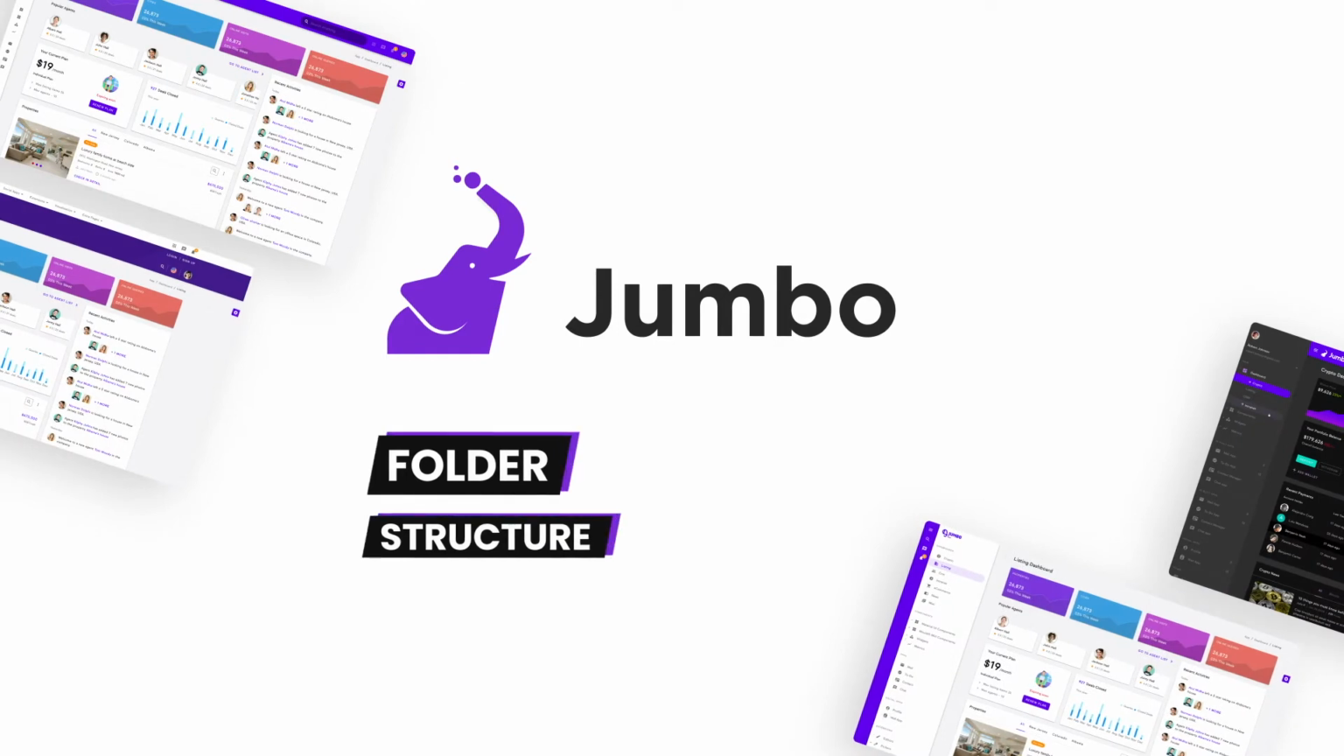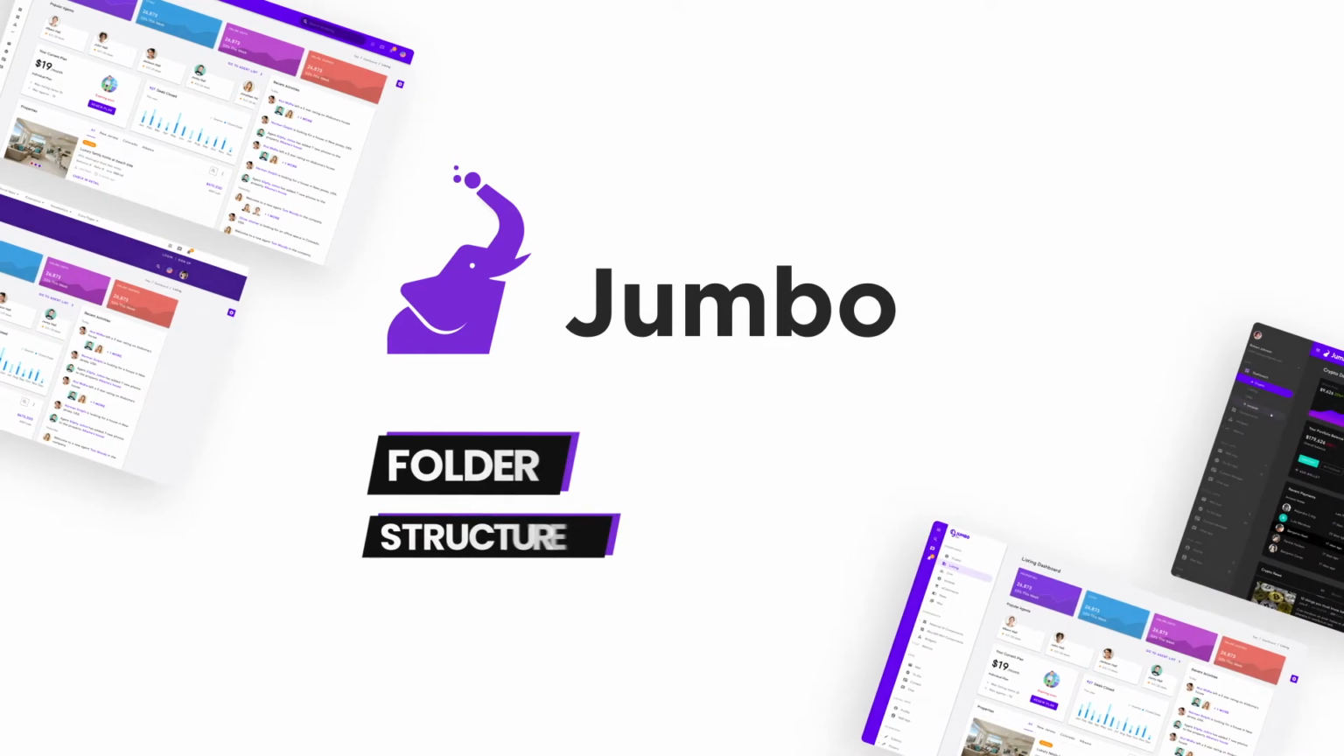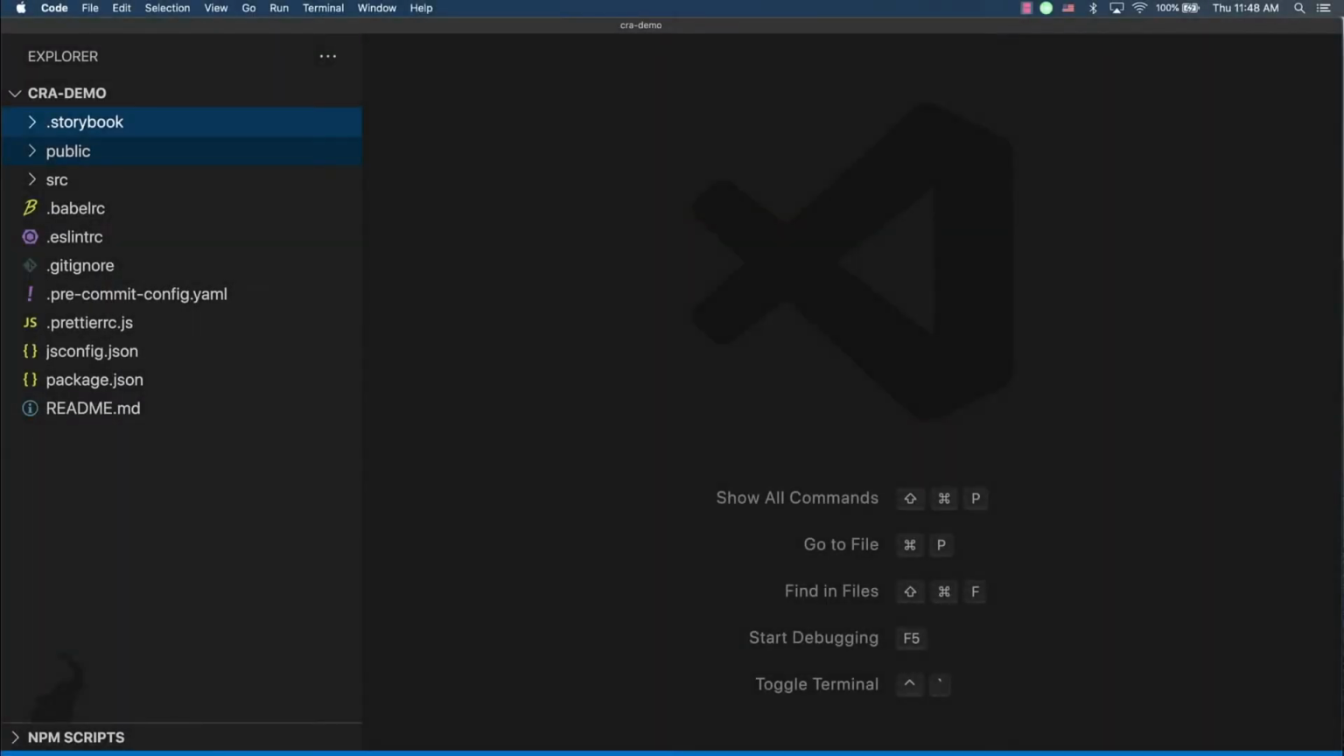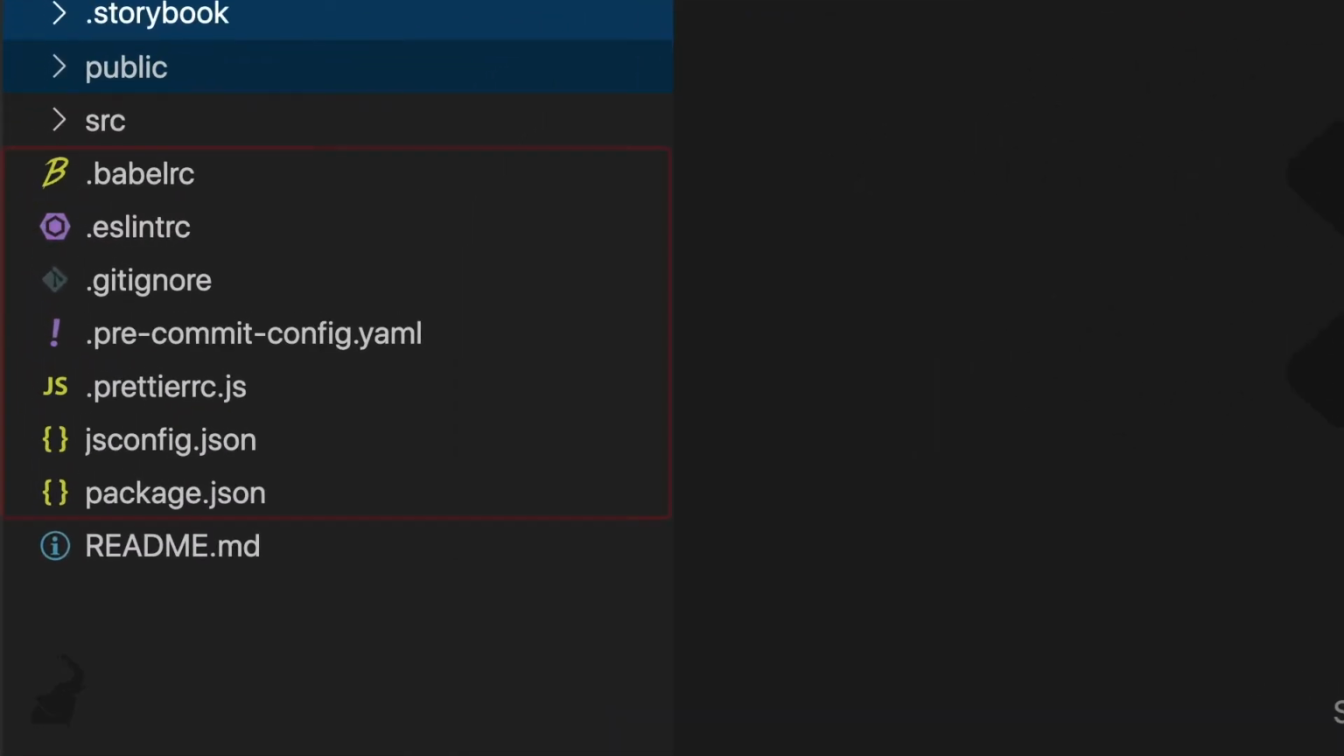The Jumbo project folder structure follows common React practices that are considered industry standard. In this video, we'll be examining the CRA-demo folder, Create React App Demo. In the root of the project, you'll notice a few configuration files that typically do not need to be adjusted